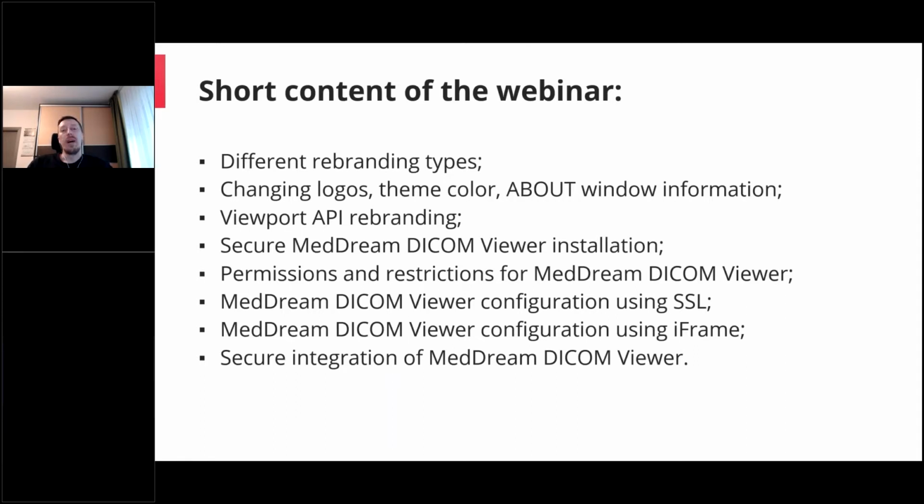So we will talk about the rebranding types. We will see how in MedDream you could change the logos, how you could change the theme color, some information in the About box. Also, we will talk about Viewport API rebranding, and then we will jump to another part